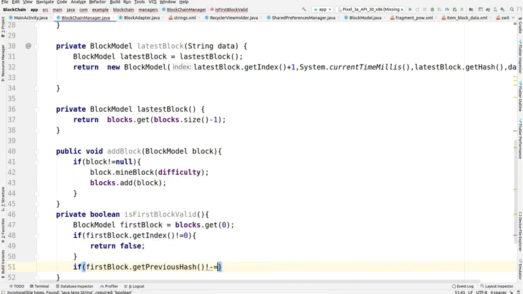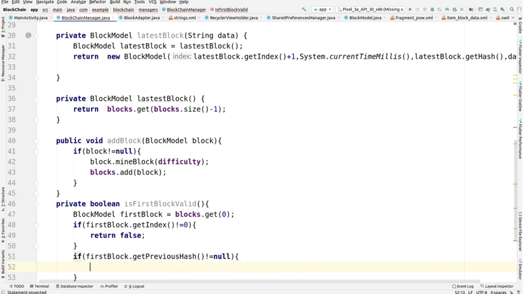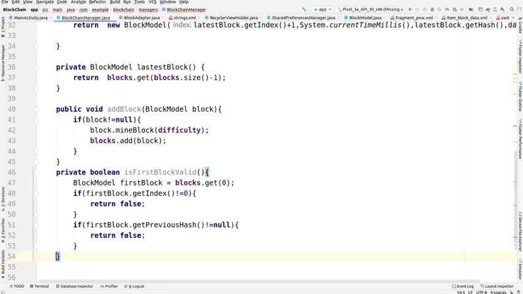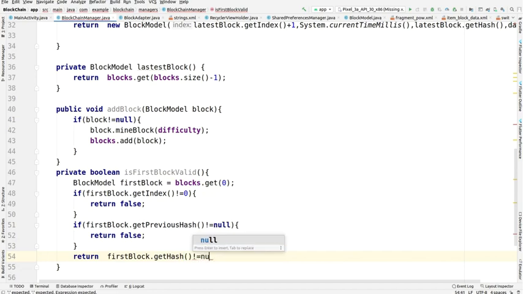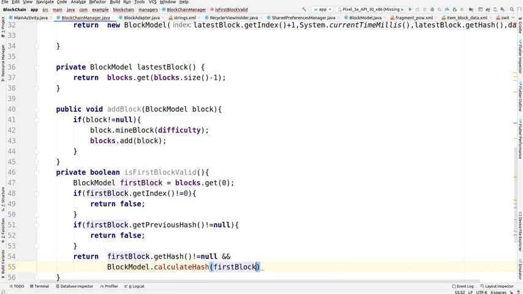Okay, now first block.get previous hash not null, then we will be returning false. Okay, and now the last statement for this function, return first block.get hash not equals to null and block model. So it will return a boolean value. Actually we are giving the conditions here, that's why.